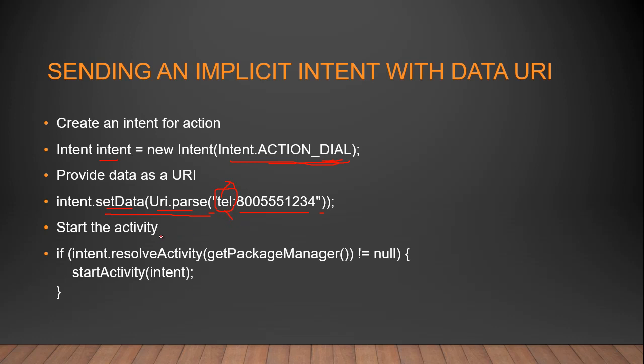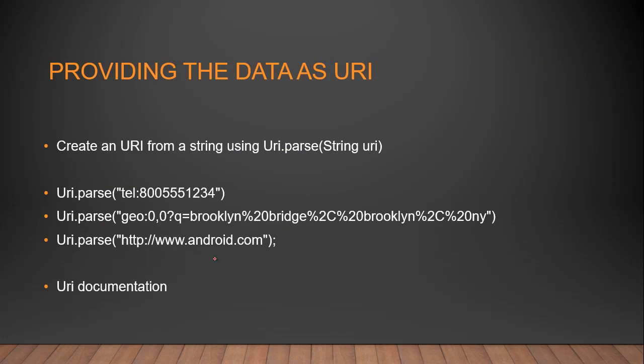And after that, you can start the activity. You can also check if the activity is available inside your Android or not. You can provide the data by using the URI. If you want to call someone, pass the data by using the URI.parse and specify the data scheme and colon and the phone number. And if you want to show something, I mean the coordinates of someone on your phone